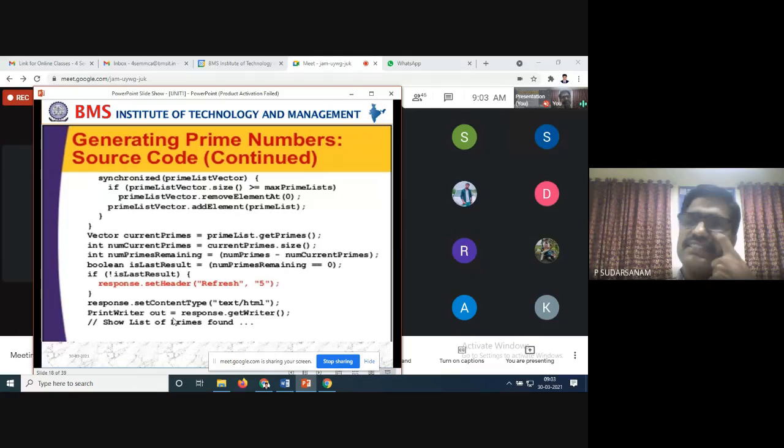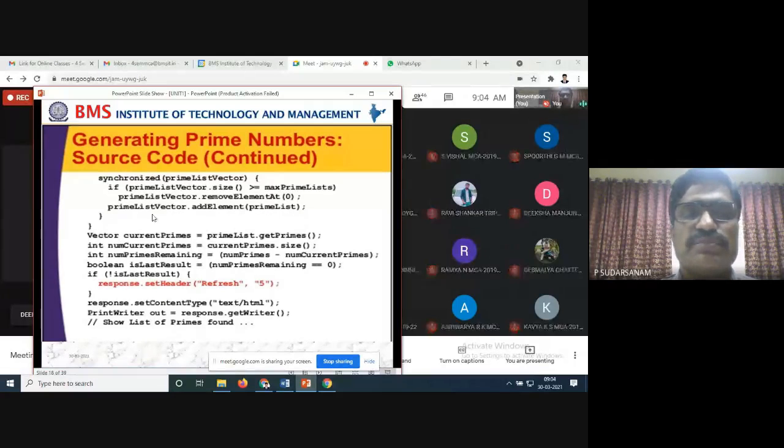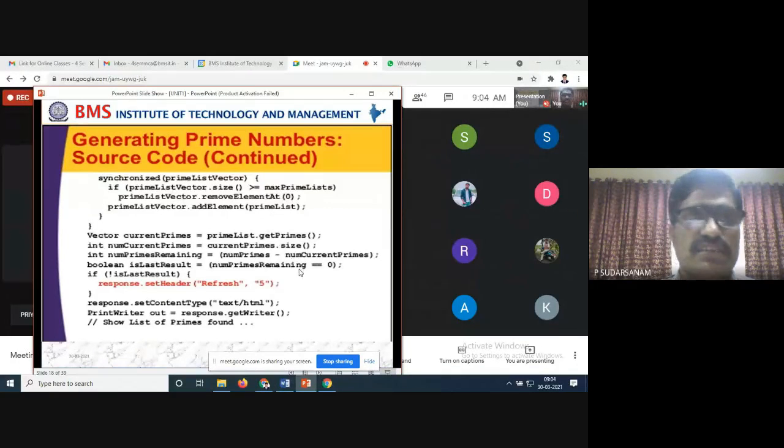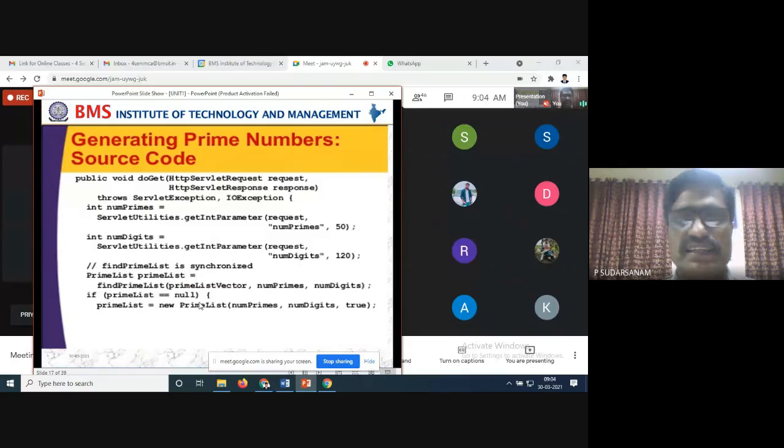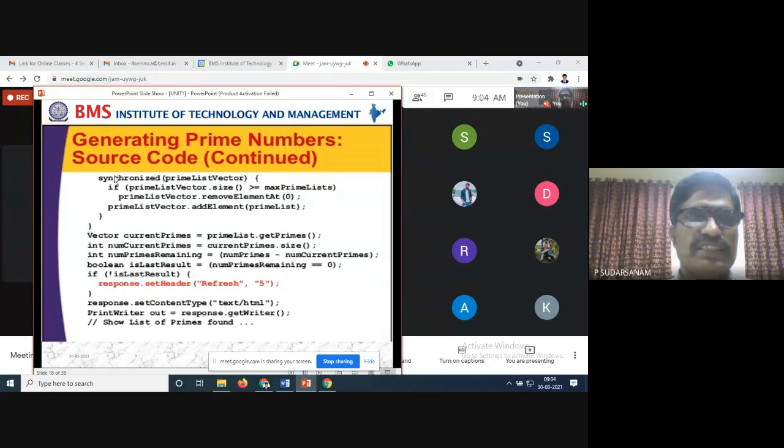So to generate the list of prime numbers, we have to use the prime list of vectors. That's all. Once you create the prime list, with how many numbers you want and how many digits you want, then you write this and display it. If it is a prime and it is not crossing the maximum size, it will work this way.